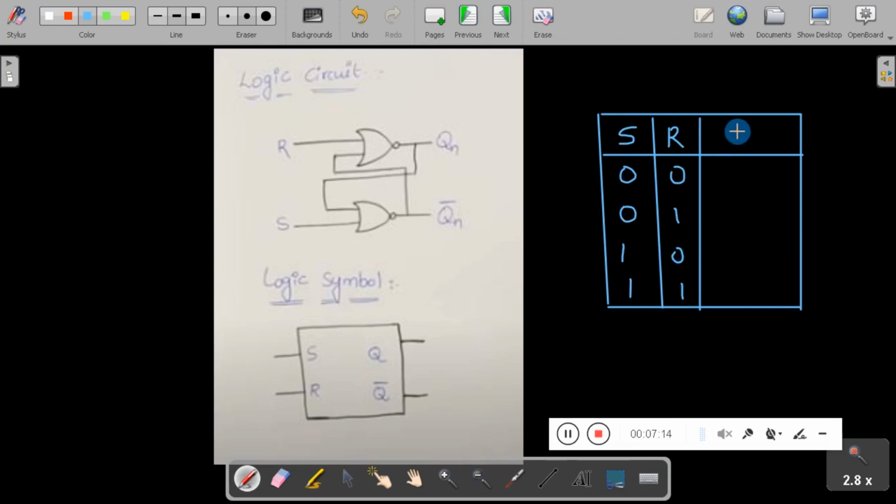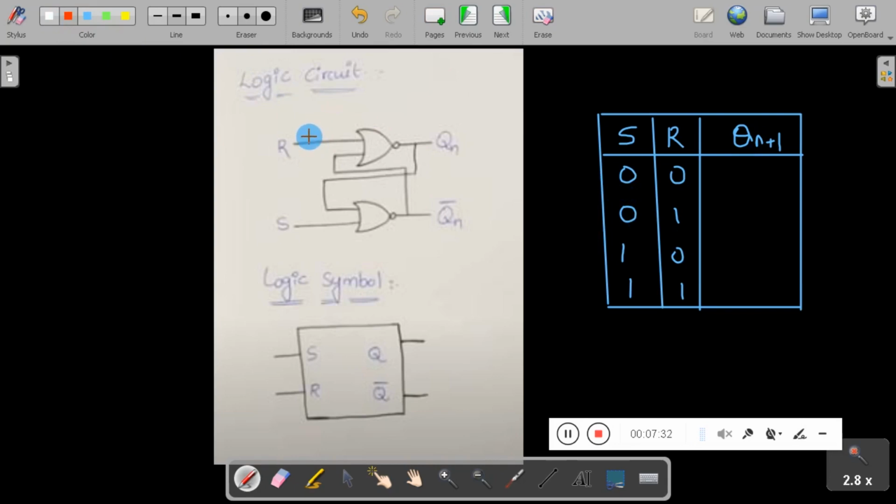Now here the output is also called Qn plus 1, the next state. We need to write that now. So we'll see now how this works exactly.